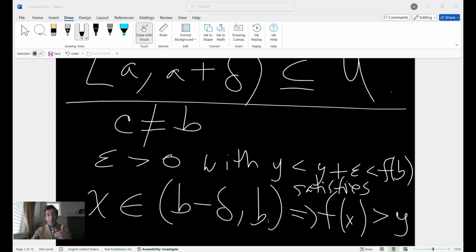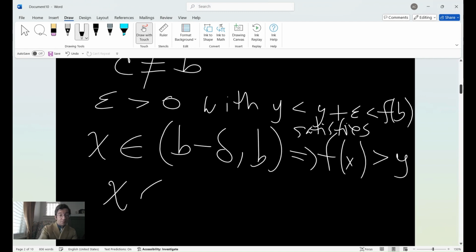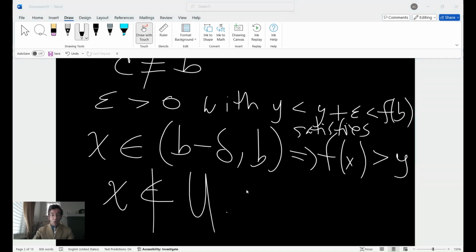Remember, x here cannot be an element of u, right? So make sure we put that in. So that means that the set U cannot reach, if we may use that term, cannot reach B. And that means that C is less than B. The endpoint B here, it really remains aloof. So that's something to keep in mind. Now, if you have A is less than C, which is less than B,